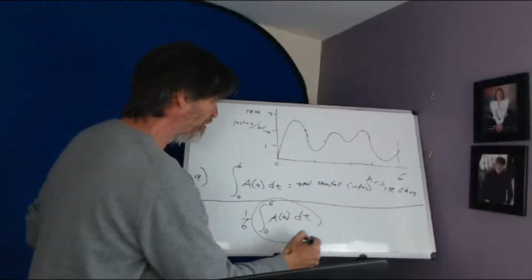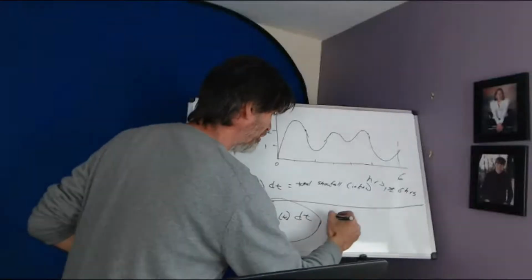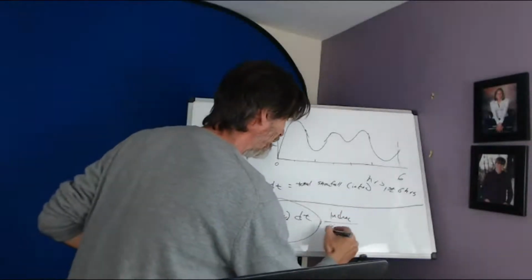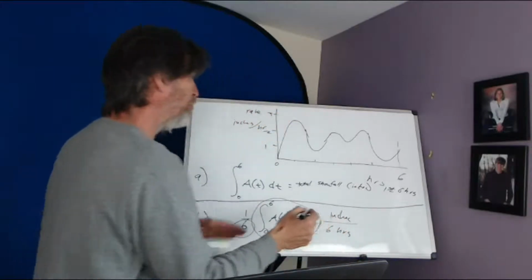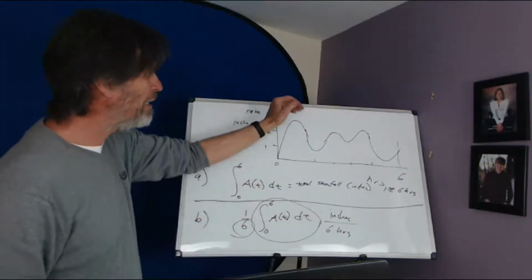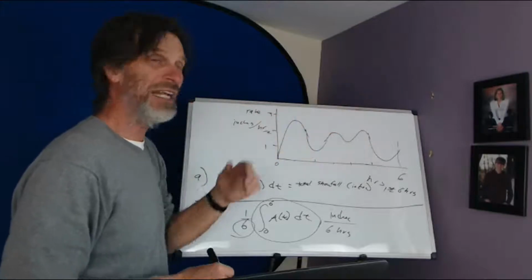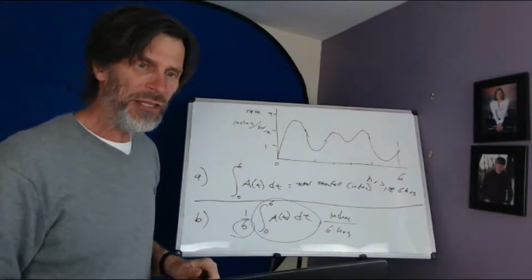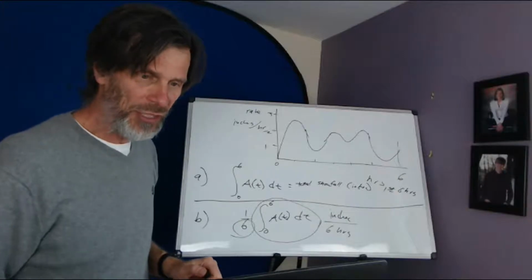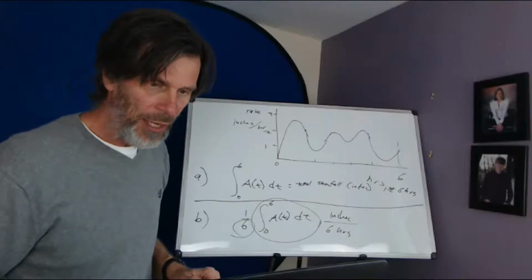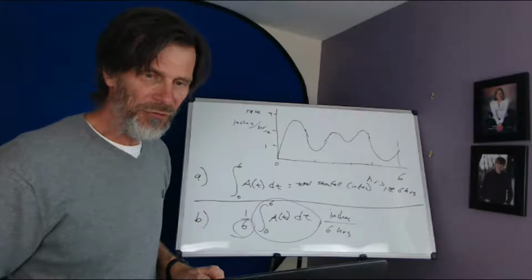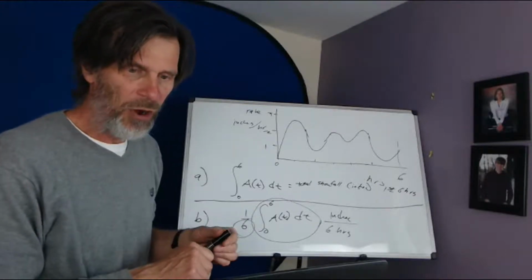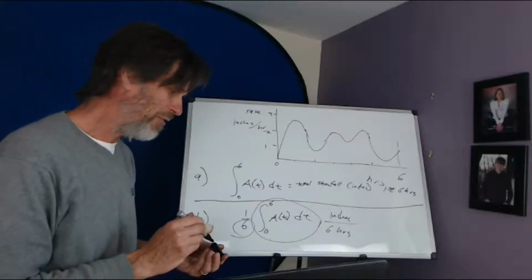Again, this right here is going to be the number of inches. And then we're going to divide that by 6 hours. I don't know precisely what that is because I'm not given the formula here. I can get an estimate of it, but that's as good as I'm going to be able to do. And I think that's what the rest of this question asks me to do. Estimate the total accumulation for the first 6 hours of the storm, and then on average estimate how hard it was snowing during the first 6 hours of the storm.